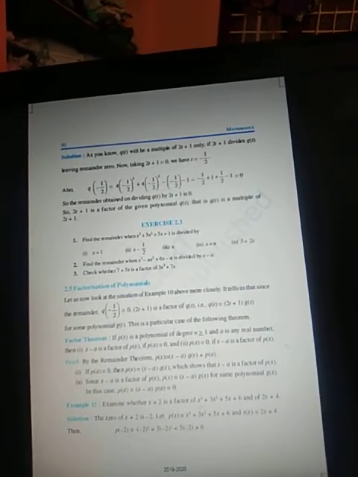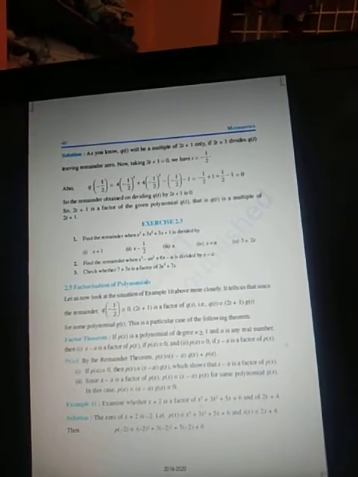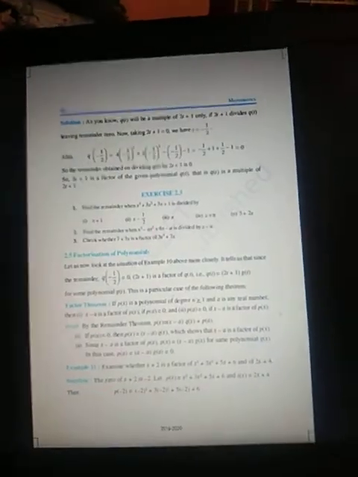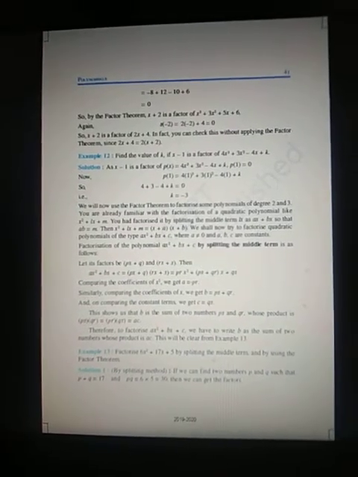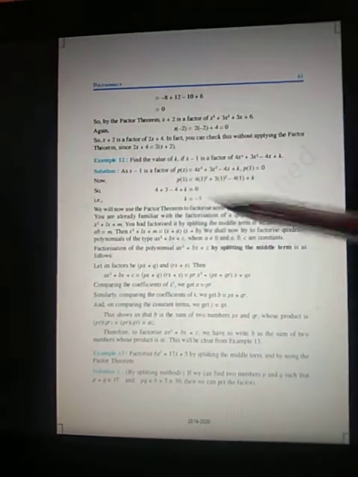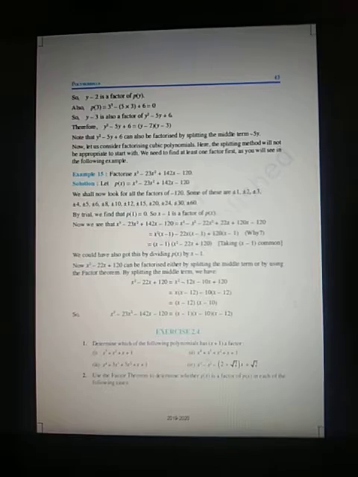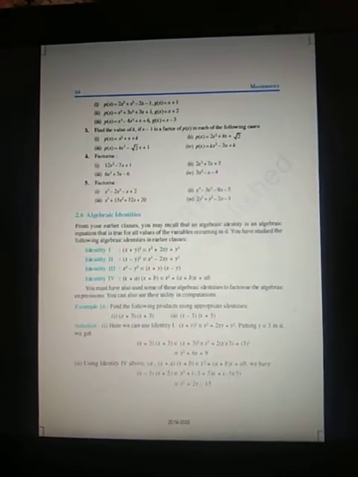Then next comes the factorization of the polynomials. The polynomials which contain the factorization values. These factorizations give us some separate values, identities, just like the k. These are the factorizations of the polynomials, and these are solved by using the factor theorem.